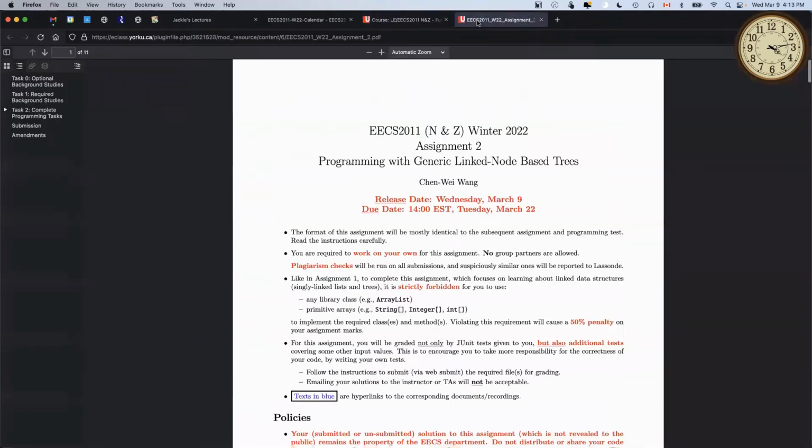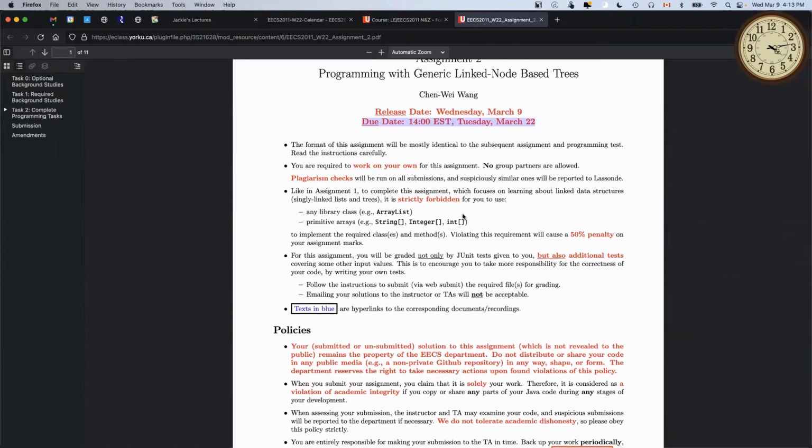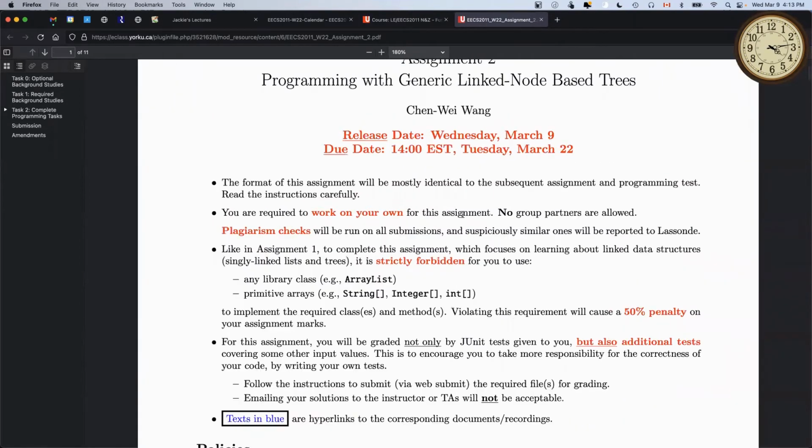Alrighty, if you look at the instruction here, well, that's the deadline, right? I'm not going to change it. It's going to be strict, okay? And for this assignment over here, we're still going to have the same programming requirements as before, like assignment number